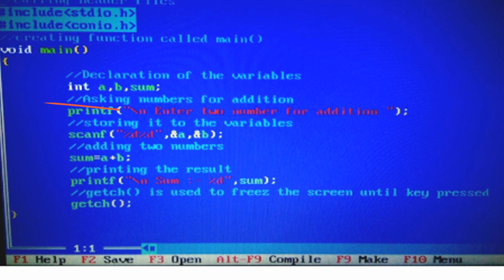Here I am printing a message. In this line I am printing a message: enter two numbers for addition. Now scanf. I've used two functions also. This is very basic, so I'm not going to tell you what a function is, because I will have another chapter on the whole function part.